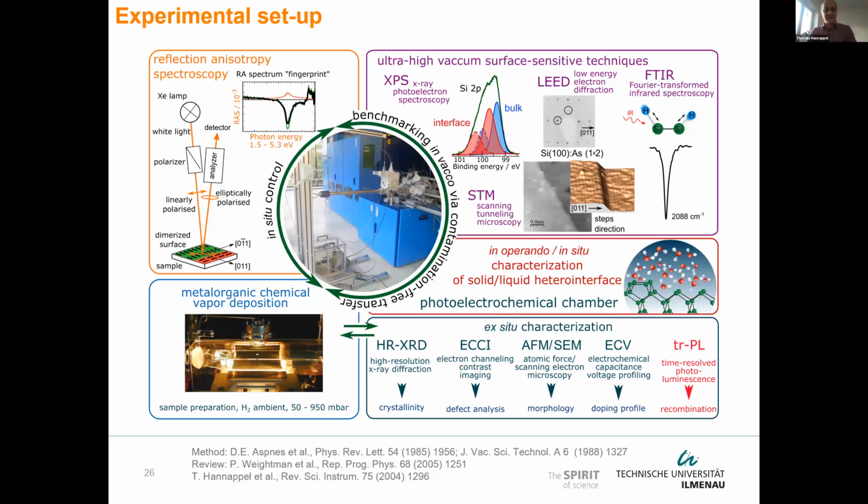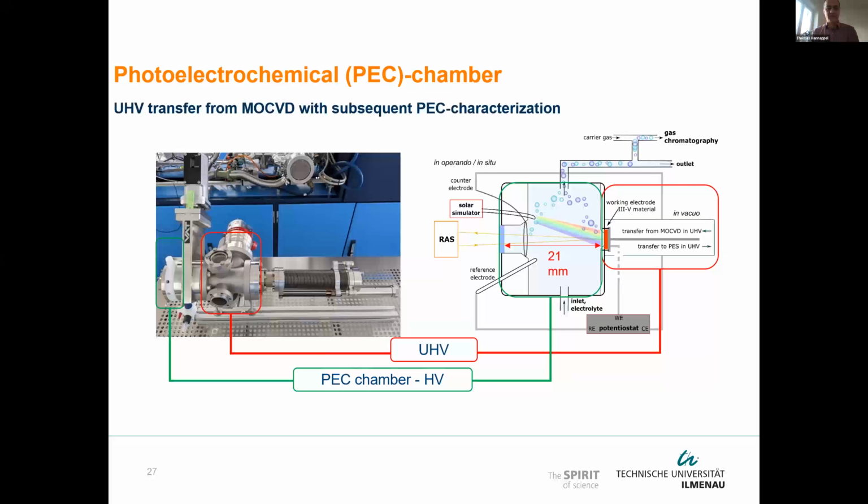It measures the difference of reflection of polarized light with regard to two different crystal axes and gives some difficult signals here. They are not intuitively understandable, but they contain a lot of information, and this is necessary if you, for example, would like to follow the growth occurring in the metal organic vapor phase deposition reactor here down left. And for this, we are using many methods here. Besides the optical in situ spectroscopy, we are also using benchmarking surface science, and I will show in the next slide also the